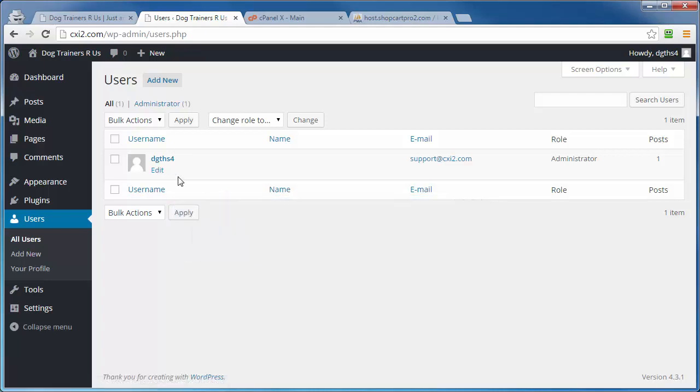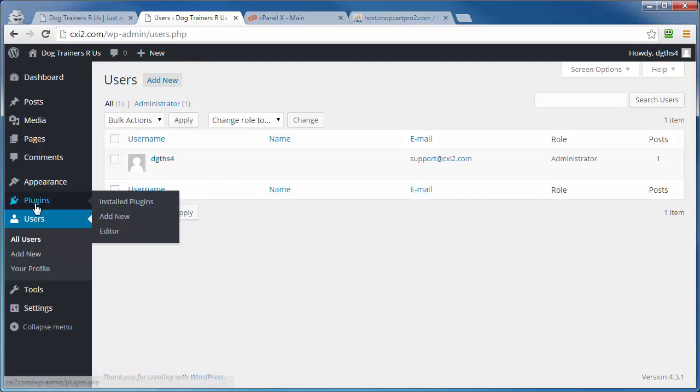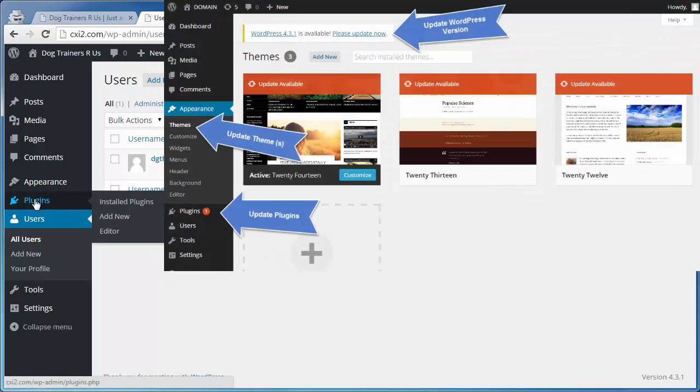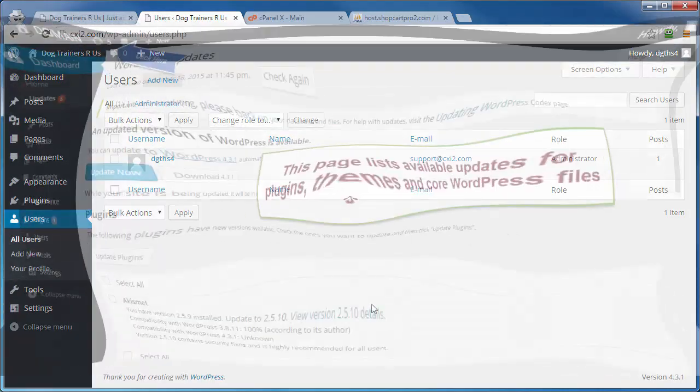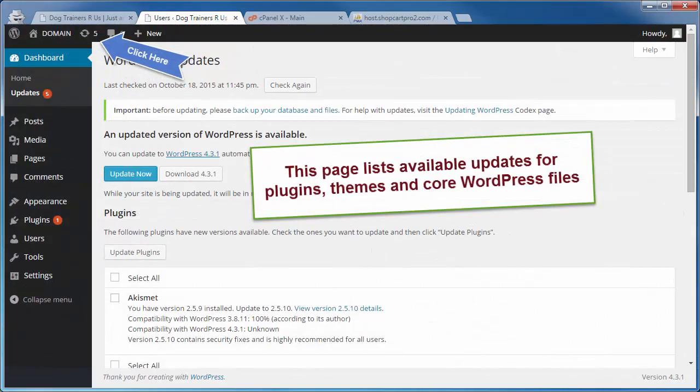Now, number 2, keeping everything up to date. What I'm referring to here is keeping your plugins up to date. When a new version of a particular plugin that you have installed comes out, update it. Likewise with themes and with the core WordPress files. Now, the one thing about the themes and the plugins, those need to be updated immediately as soon as the